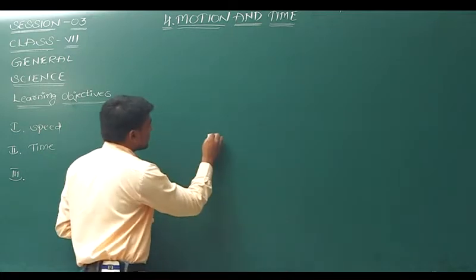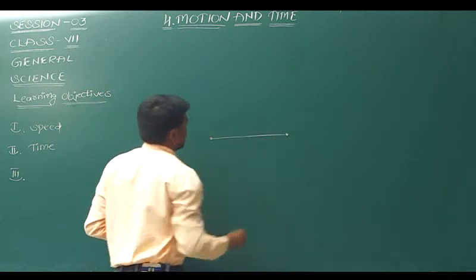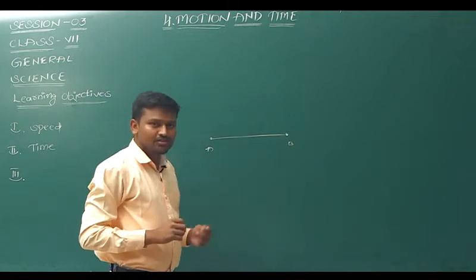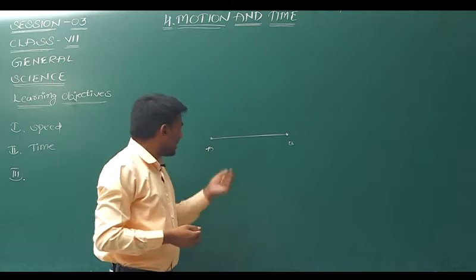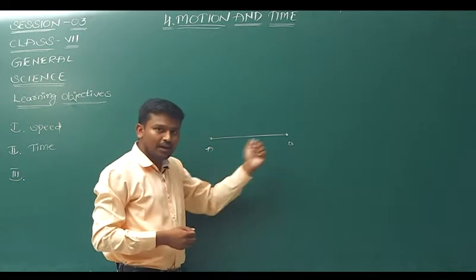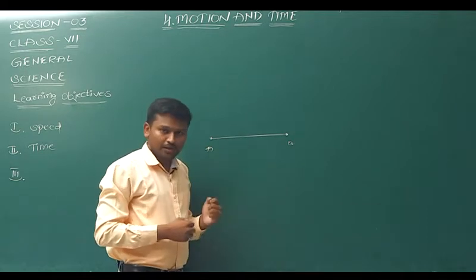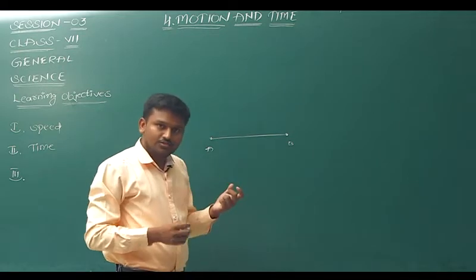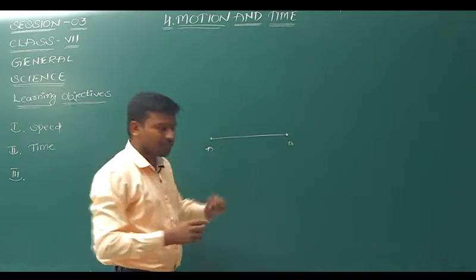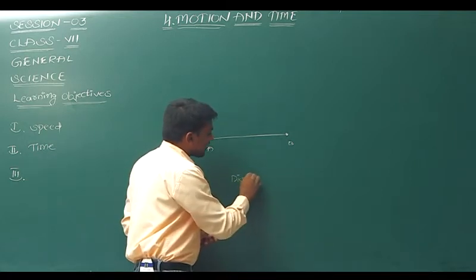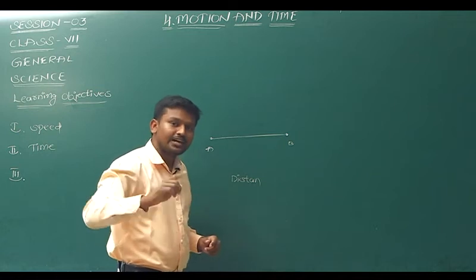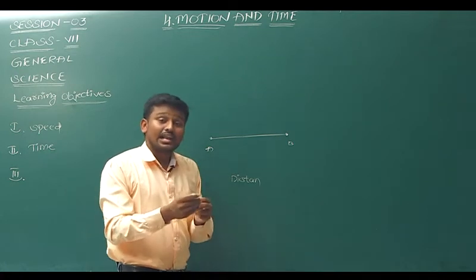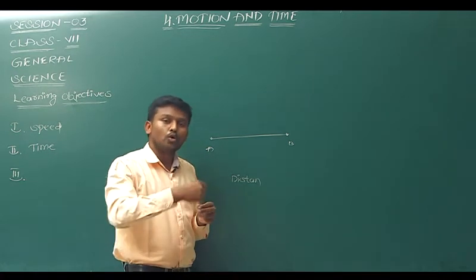Okay. So let us try to understand the speed with a simple situation. This is A and this is B. In our previous session, we have taken this example. A snail is covering from A to B. A cheetah is covering from A to B. So generally, which moves faster? Cheetah moves faster. For both cheetah and snail, the distance is same. Distance is same, but the time taken to cover the distance varies for both cheetah and snail. Cheetah takes less time and snail takes more time.